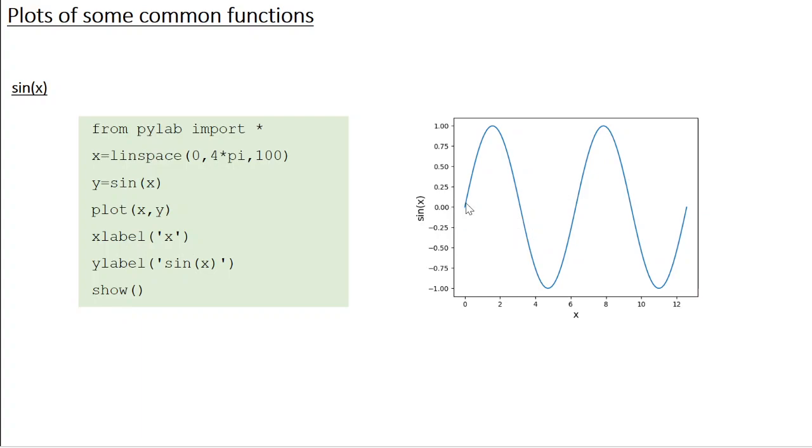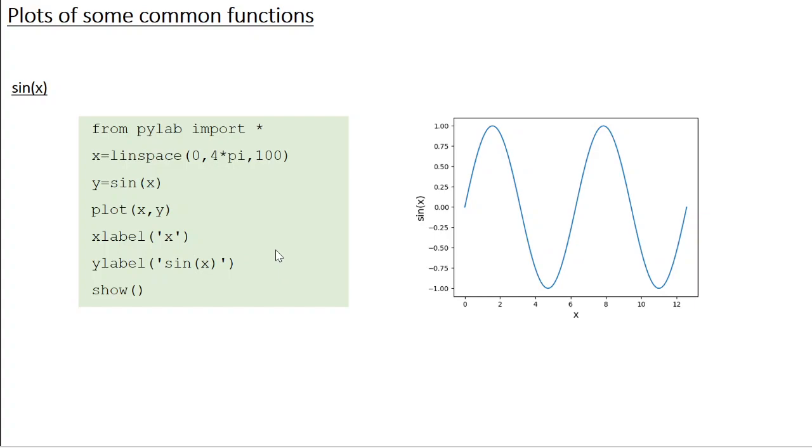Okay, so this is the default styling, blue solid line. Sine starts from 0. Sine 0 is 0. At pi by 2 it is 1. At pi it is 0. At 3 pi by 2 it is minus 1. And then at 2 pi it is 0. And this graph gets repeated. The default font size for label is 12, but I have applied here a font size of 14, but in my code I did not explicitly write that. So you already know how to change the font size of a label, right?